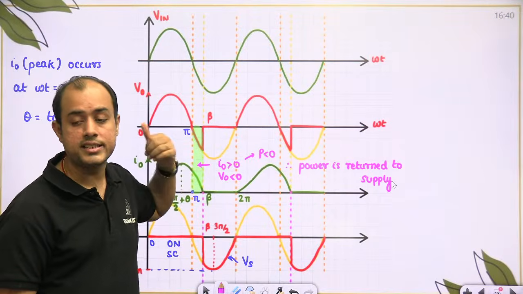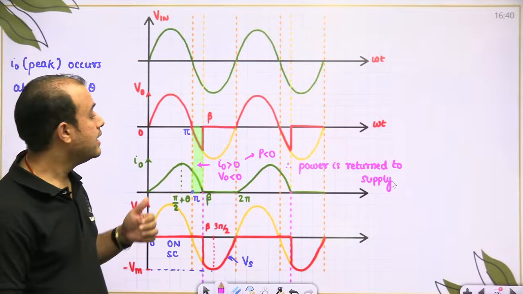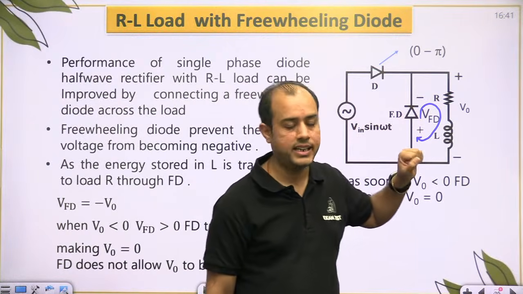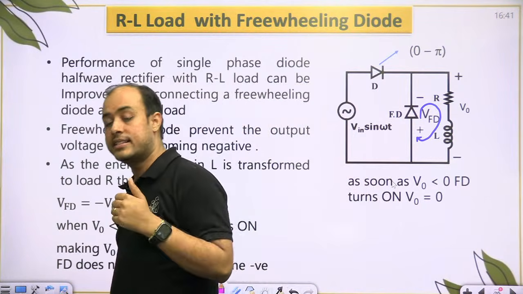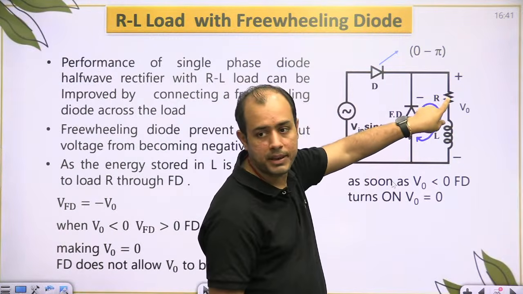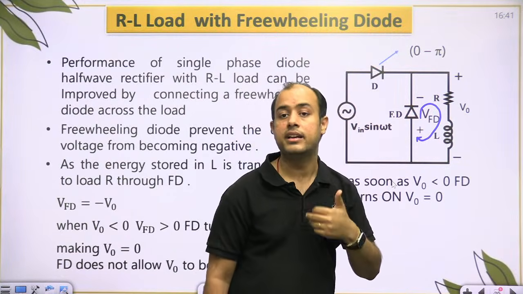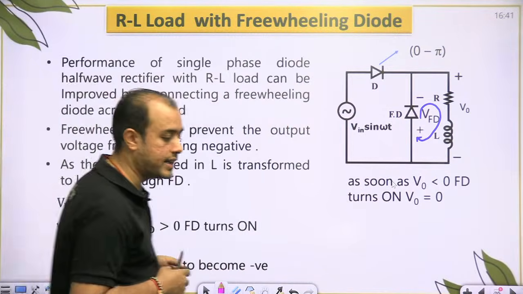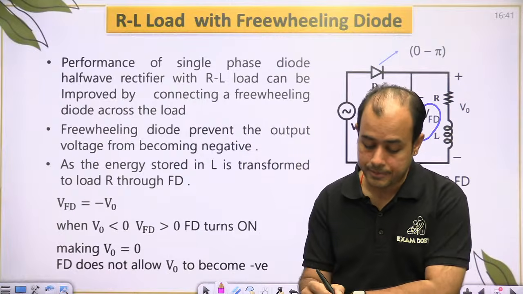नेगेटिव पावर माने पावर उल्टी जा रही है, तो इंडक्टर के पास जो स्टोर्ड एनर्जी थी वो सप्लाई को लौटा रहा था. लेकिन अब जब फ्रीव्हीलिंग डायोड चालू हो गया तो इंडक्टर का करंट सप्लाई तक पहुंचेगा ही नहीं, ये लूप में घूमता रहेगा, तो इंडक्टर की एनर्जी इंडक्टर वापस नहीं कर रहा. इसी वजह से उसकी डिस्चार्जिंग का एक ही रास्ता बचा कि उसकी एनर्जी रेजिस्टेंस में खपे. अब अगर सिर्फ रेजिस्टेंस में खपत होगी तो ज्यादा टाइम लगेगा डिस्चार्जिंग में, यानी बीटा इंक्रीजेस और इट इंप्रूव्स द कंटिन्यूटी ऑफ द करंट. कंटिन्यूटी इंप्रूव करने का मतलब क्या है, कोशिश कर रहा है करंट बंद ही ना हो कभी. ठीक है,